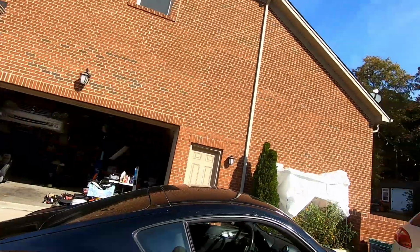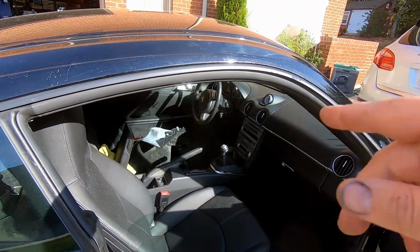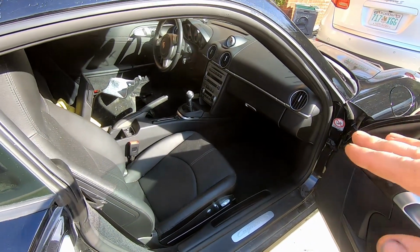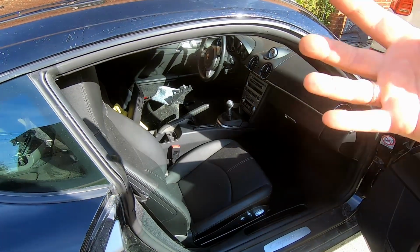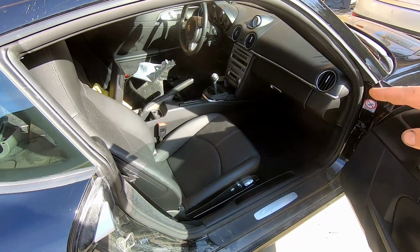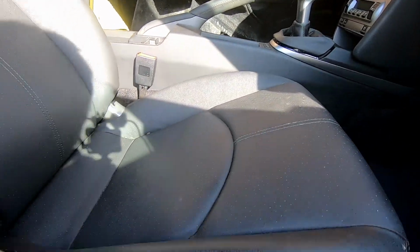Today I would like to go through the second step of our process of reviving this Cayman, and this is the removal of the passenger seat. I already removed the front driver's seat. This one is going to be, I think, possibly a little more tricky, because the driver's seat was adjusted to be higher, so I had at least a little room under the seat to operate, while this one is all the way down. And again, this is almost the worst case scenario, because the motors are shut,